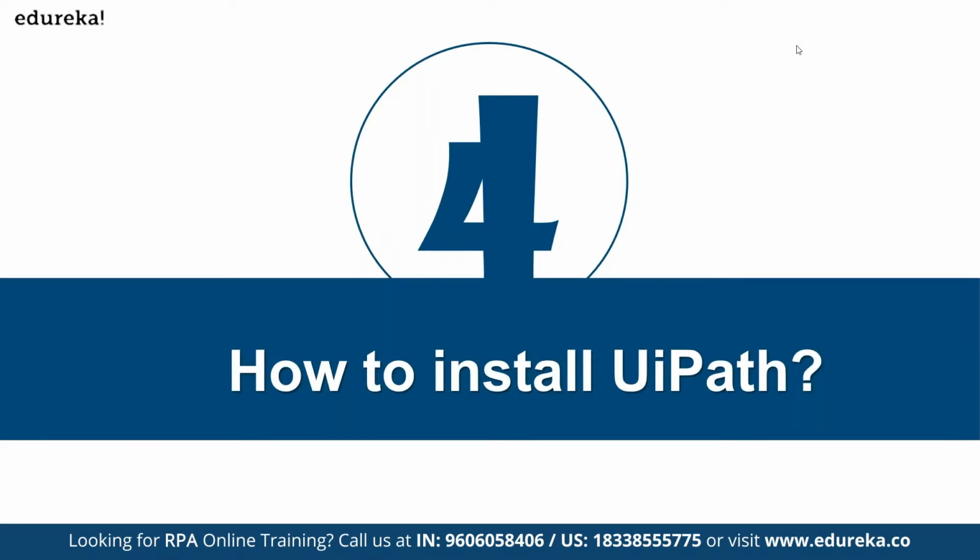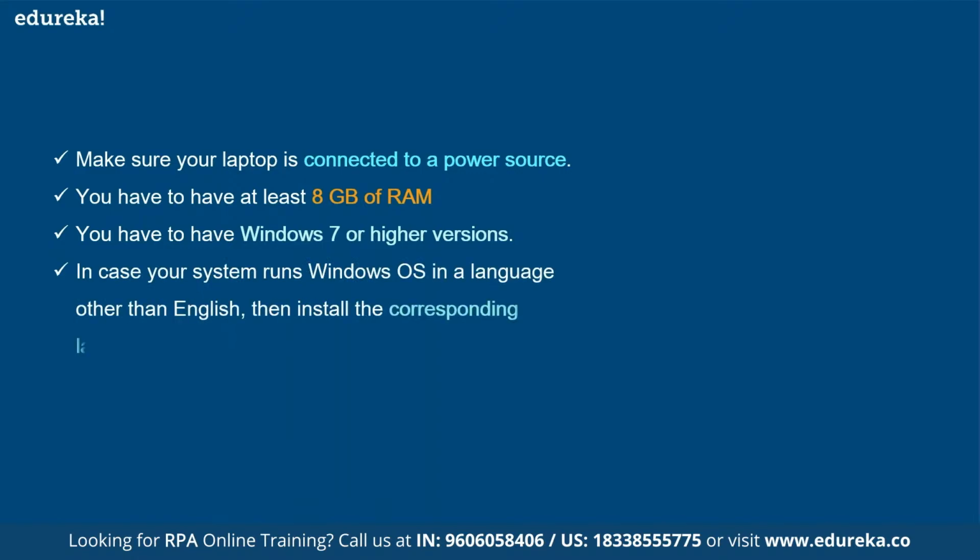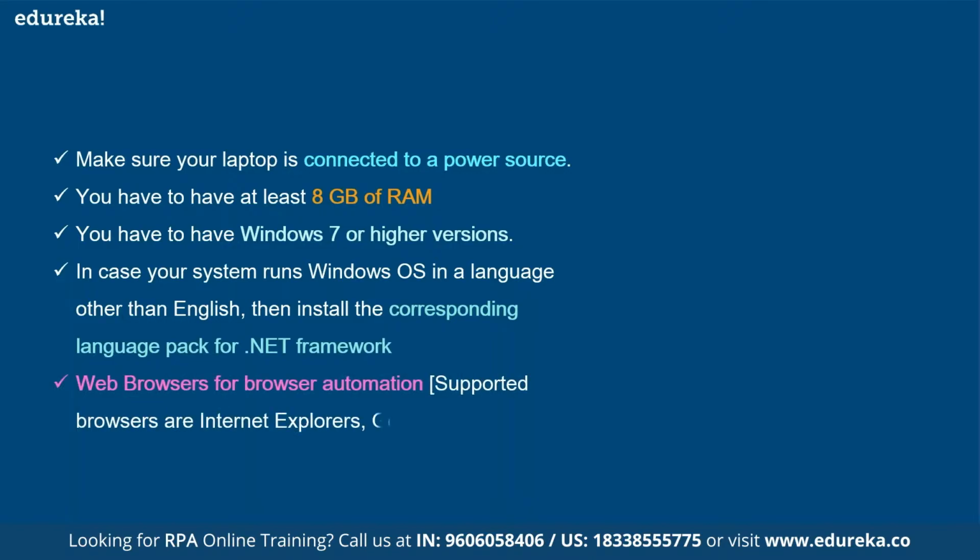We have very few easy installation steps. First of all, you have to register with UiPath and fill in your details there, and it will take you to the page where you can download UiPath. Before that, you have some prerequisites to install UiPath on your system. You should have 8 GB of RAM installed on your machine and Windows 7 or higher. If you want to run UiPath in a language other than English, since many languages can work with UiPath,